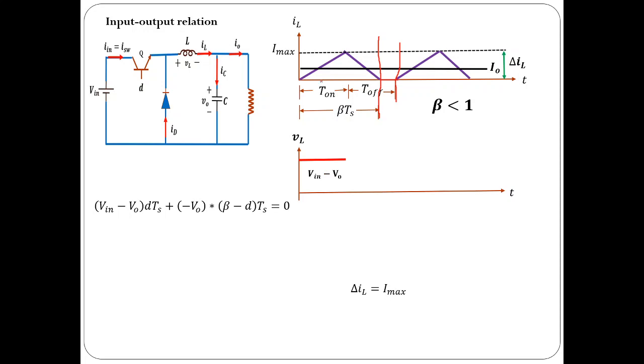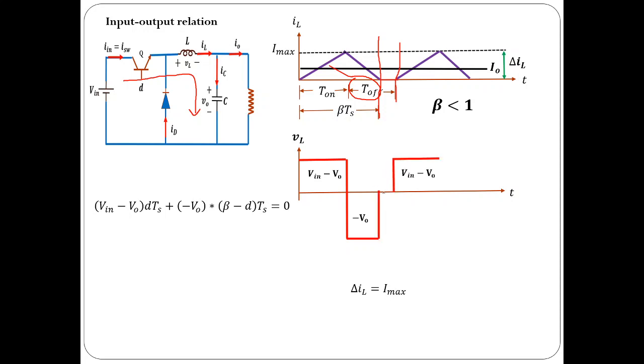So the voltage across the inductor during the on period is Vin minus V0, because the inductor current is flowing. So this is the path. Applying KVL, we get VL equal to Vin minus V0 as the voltage across it during the on period. And during the off period, only this fraction of time, only this period, that is beta Ts minus Ton, where T1 is equal to dTs. Substituting T1 equal to dTs, you get that as (beta minus d) into Ts. So during that period, the voltage across the inductor is minus V0.